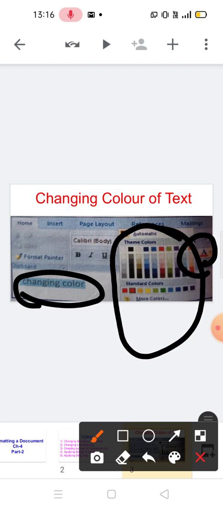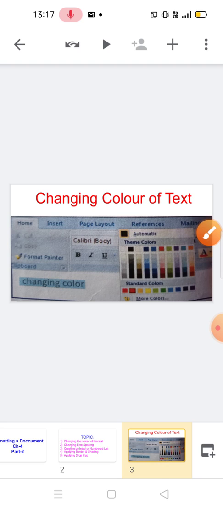There are so many font colors shown on your screen. After that you can select your desired color from the displayed font color menu, and then press the OK key and see the changes.